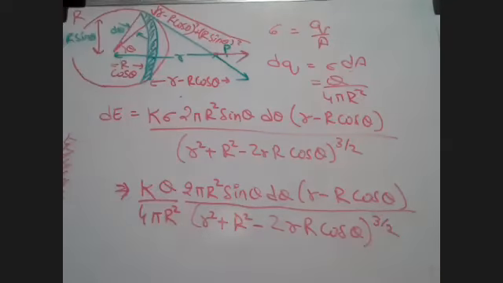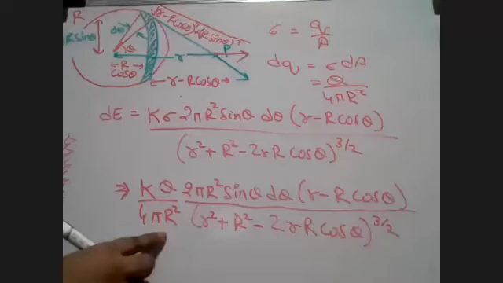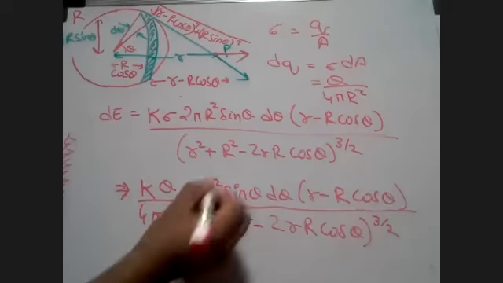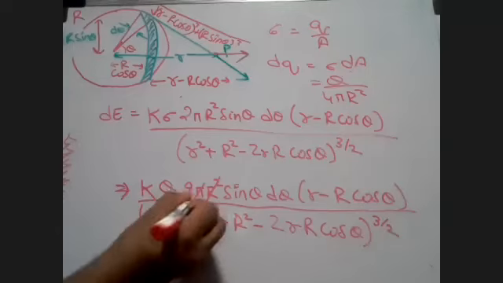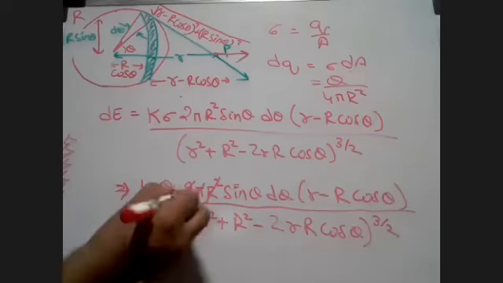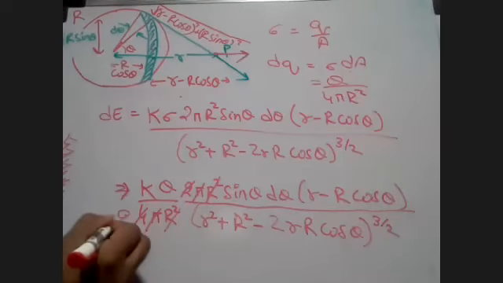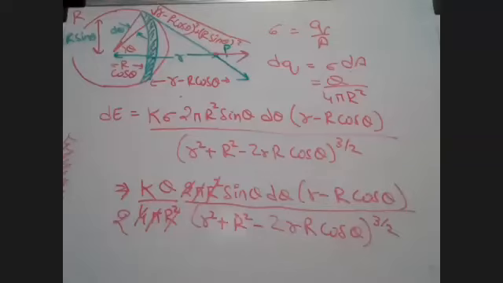And now you can see this capital R over here gets cancelled with this R, and this pi gets cancelled. This 2 gets cancelled. What remains is 2. What else gets cancelled? That's about what gets cancelled. And so if I write these terms again, what I will get is